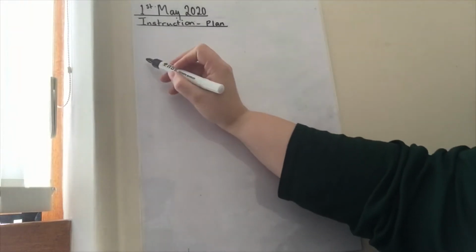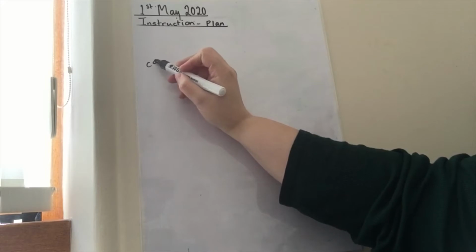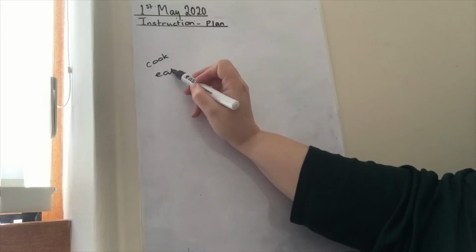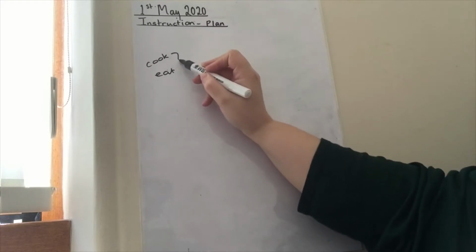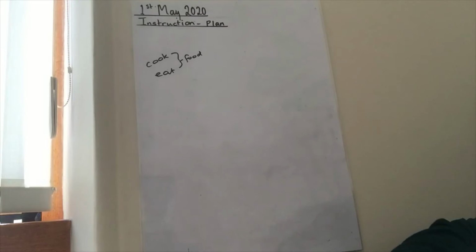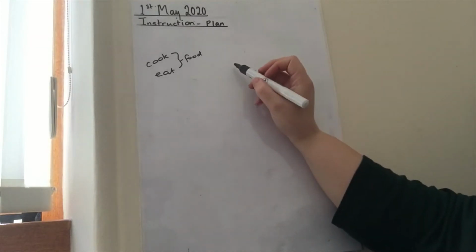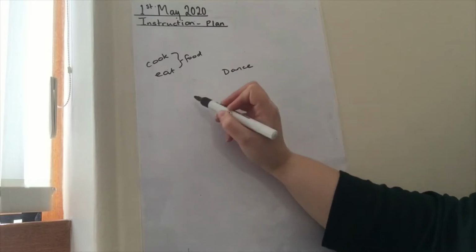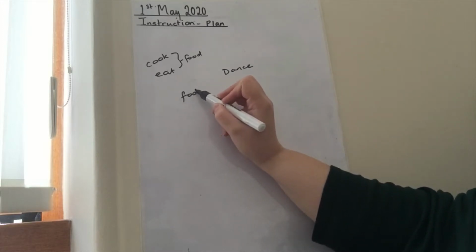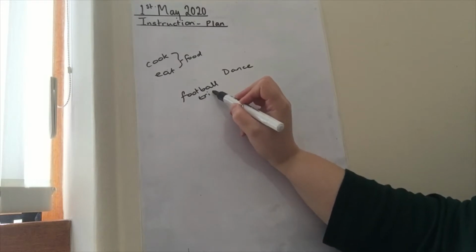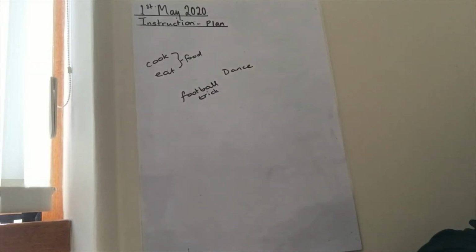We could do them on something we like to cook, or eat, so food. We could do it on a dance or a football trick. There's lots of different things you could do it